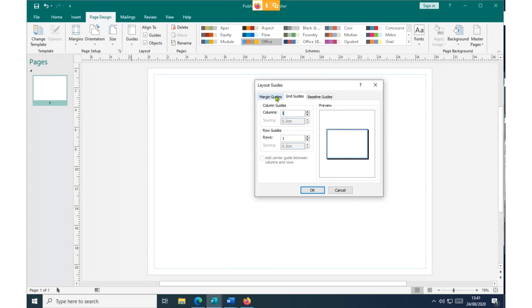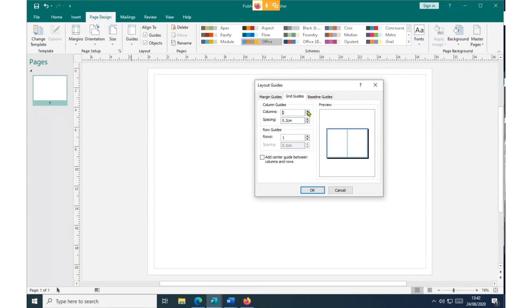From here, you can see you have what we call the margins, which have already been set for us. Now, the Grid Guides is a very important tab because it's normally used to divide our page into several columns. Currently, you can see we only have one column. We can divide our page into two columns by clicking on this.